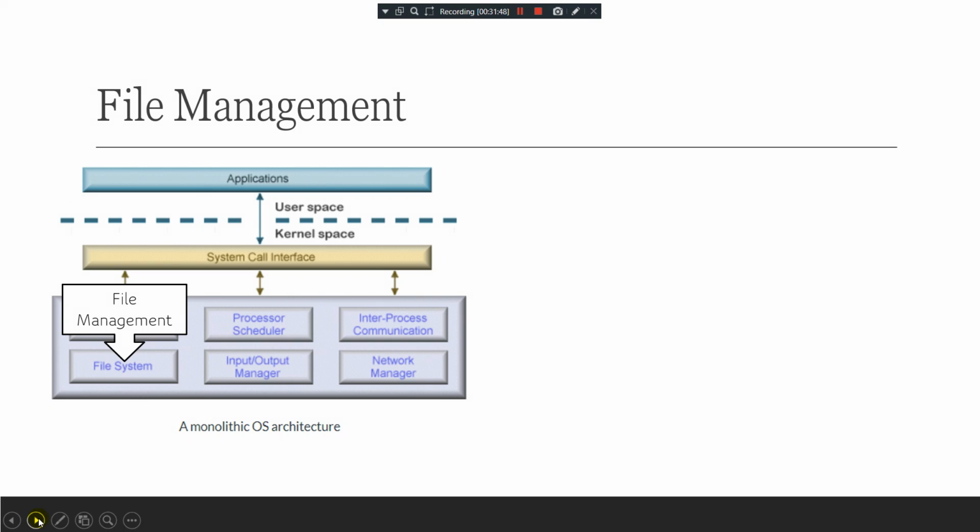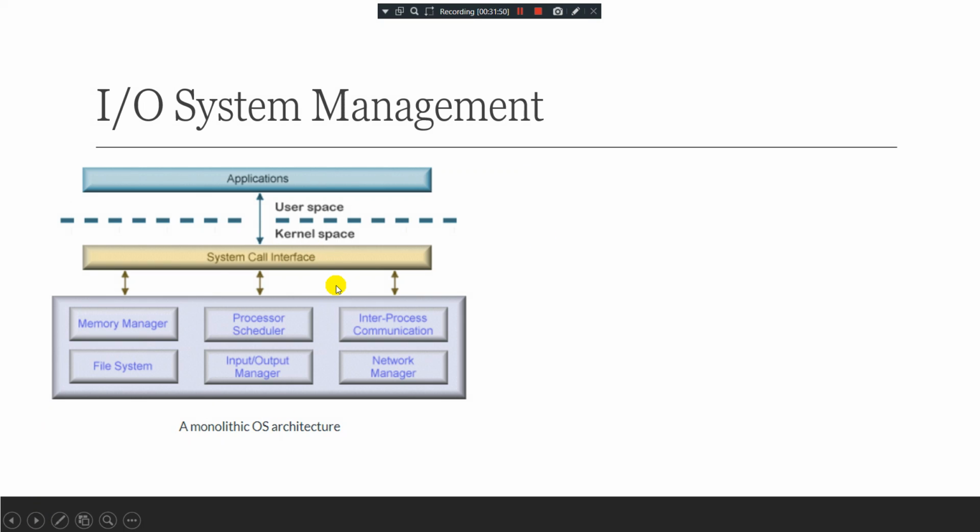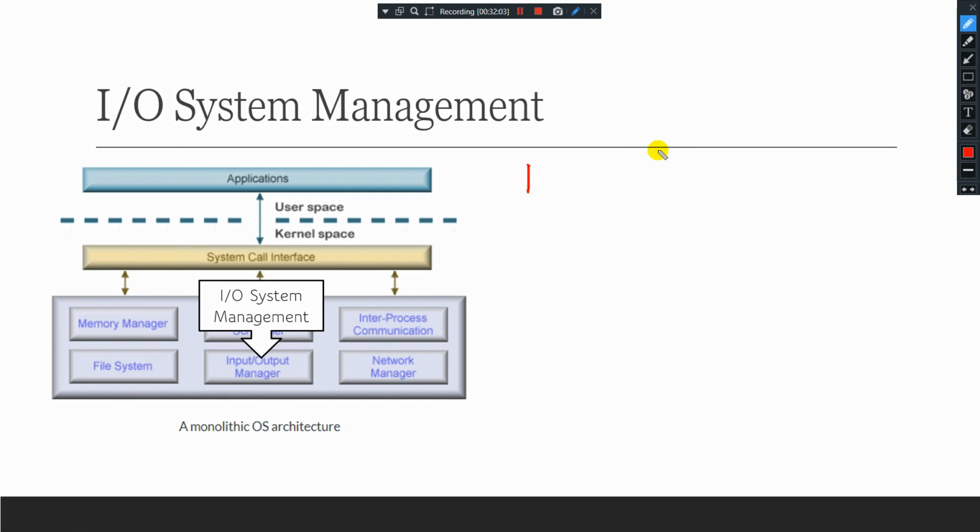Okay, next we'll start with IO system management. Coming to your IO system management, most of the modules keep track of the status of the device. What status? What type of IO has been connected to which device it is going to access. That is kept under control. What is controlled here? Traffic is controlled from IO to some particular file.